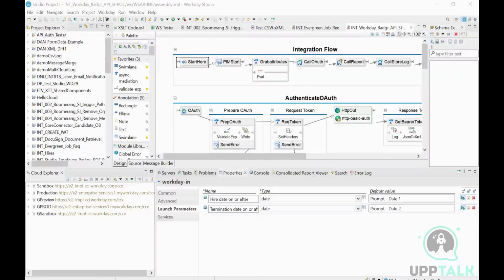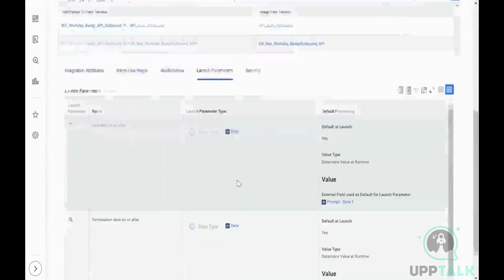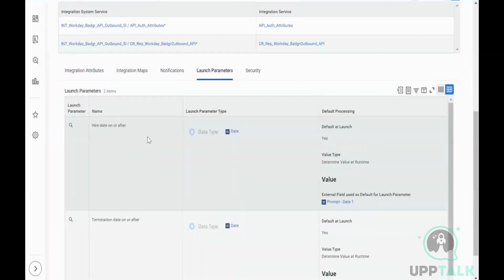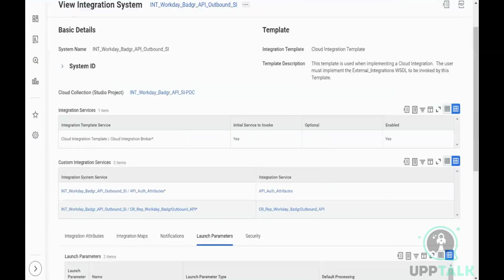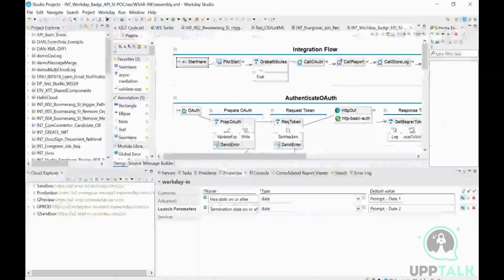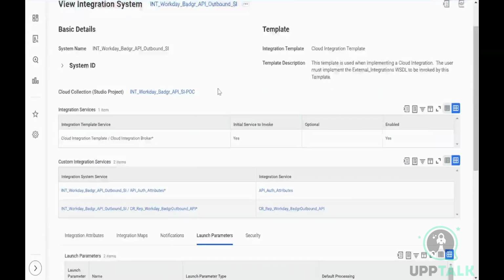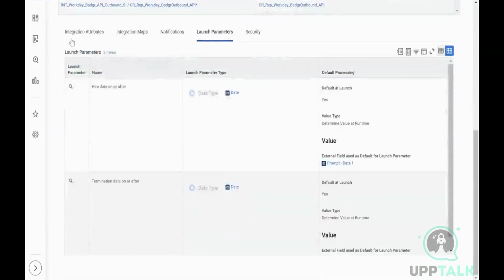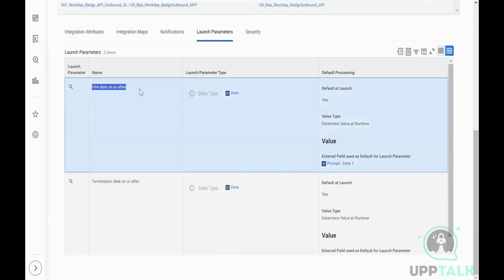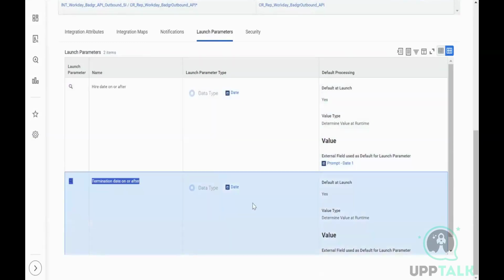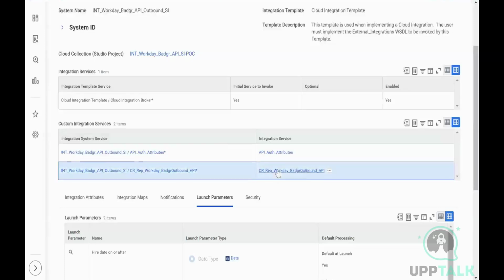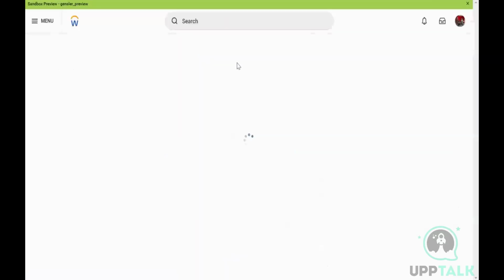what will happen is, let me open it up. Okay, so here you see this integration which I showed you, your studio assembly view. This is the front end of it. So you see in the launch parameters tab, we have two different parameters, hired date on or after and termination date on or after. Now if we go back to the report for this particular integration, the RAS report,